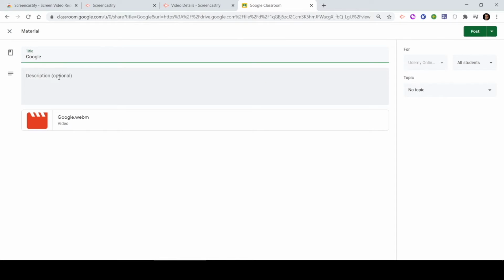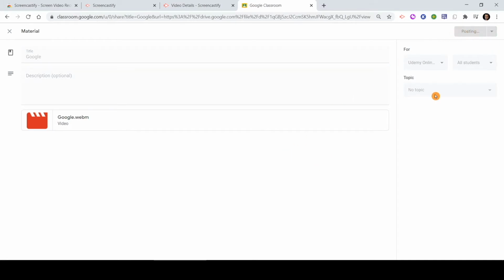You can change the title. You can add in the description. After that, you can select which are the students it will go to. All those things. Or you can also add a topic, everything, all of the controls you have within your Google Classroom. And after that, you can click on either post or maybe schedule it for later time. So let me click on post so you'll be able to see what happens there.